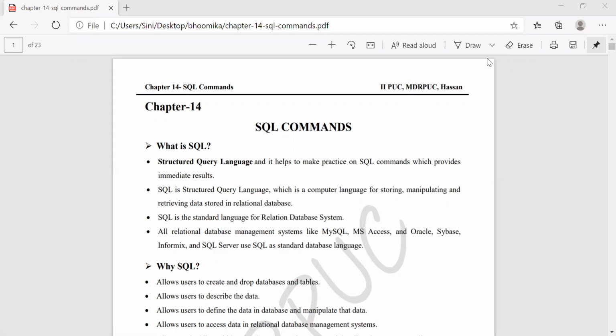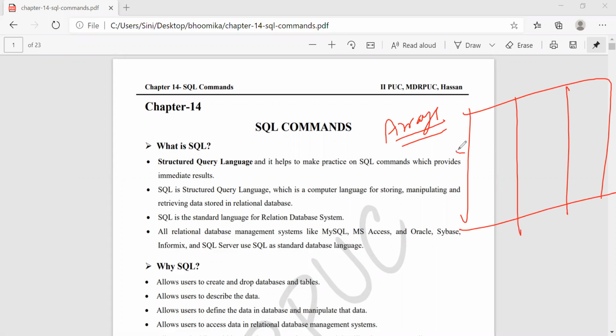SQL. For example, let's say, mainly we have studied about what? Arrays. In arrays, everything is in columns and rows: R1, R2, R3, C1, C2, C3.